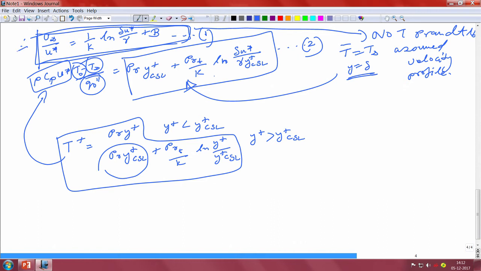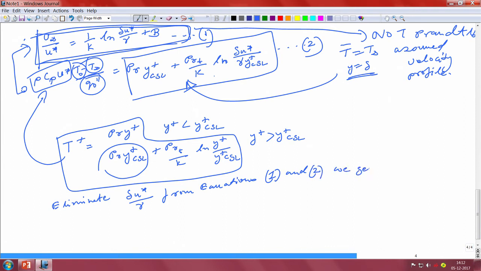Now, if you look at these two expressions clearly, what you will find is that from these expressions we can eliminate a few things. Basically what we need to eliminate is delta u star by gamma. If you eliminate these from equations 1 and 2, we get